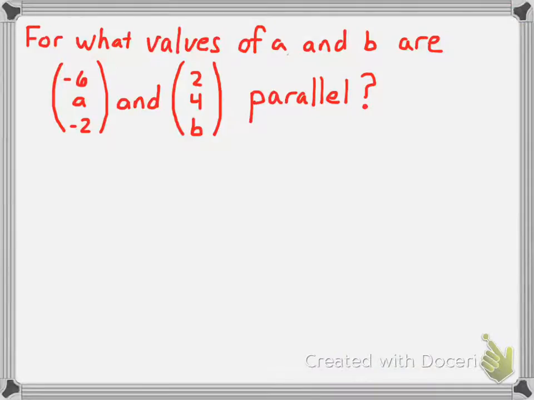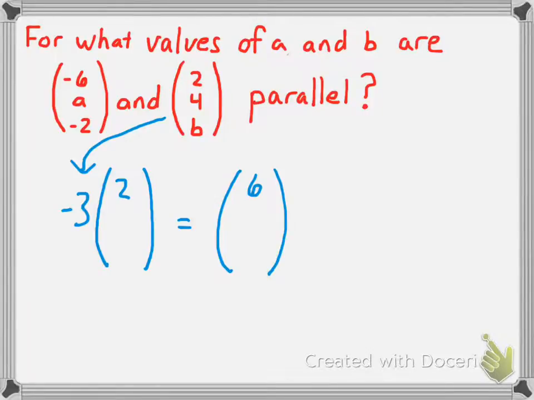I want to do one more problem with parallel vectors here, and this is a 3-dimensional one. I want you to find the values of A and B that would make these two vectors parallel. Keep in mind, one would have to be a scalar of another. Now, I want you to notice what I'm doing here. In order to make the scalar, we had to compare one pair of components that we already knew the scale factor for. If you multiply this 2 times -3, it gives you a -6, right? There should be a -6 right there. So we're going to multiply each of these values by -3 in order to get the corresponding values over there,